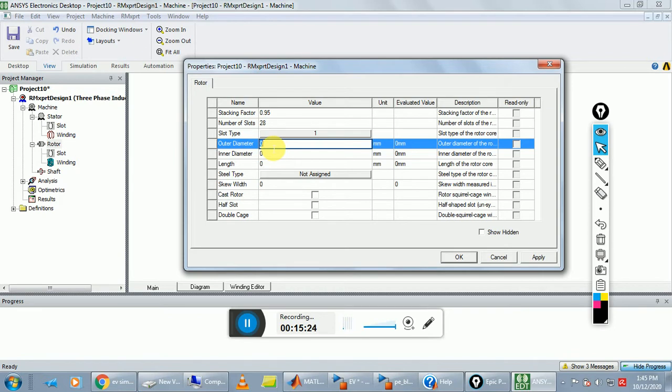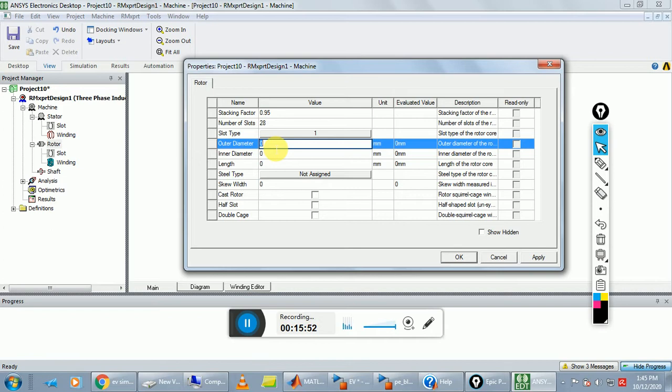Outer diameter for our stator is 76. For stator dia we choose 78 mm, and for rotor dia we choose 76. If we decrease the value of our rotor dia, outer dia of rotor, then the air gap between stator and rotor increases.